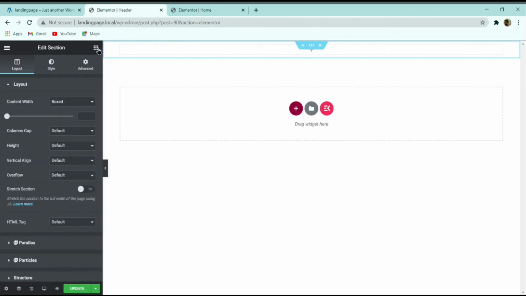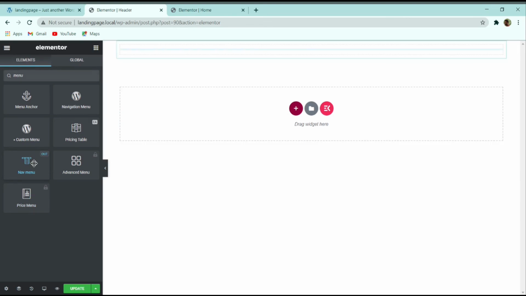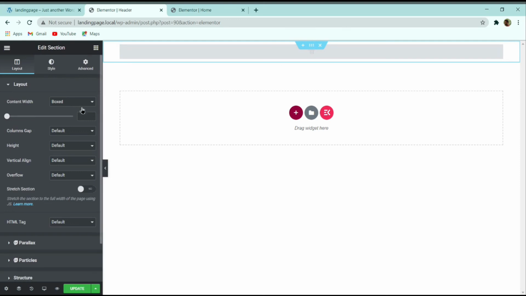I will click on these nine dots again, and here I will search for menu. So here you can see this Navigation Menu by ElementsKit. Simply drag it here. After that, let us start customizing it. So first of all, I will make it a stretch section, and then I will go